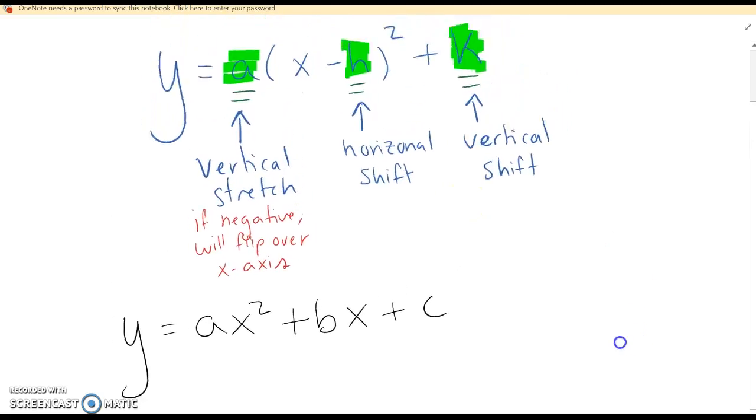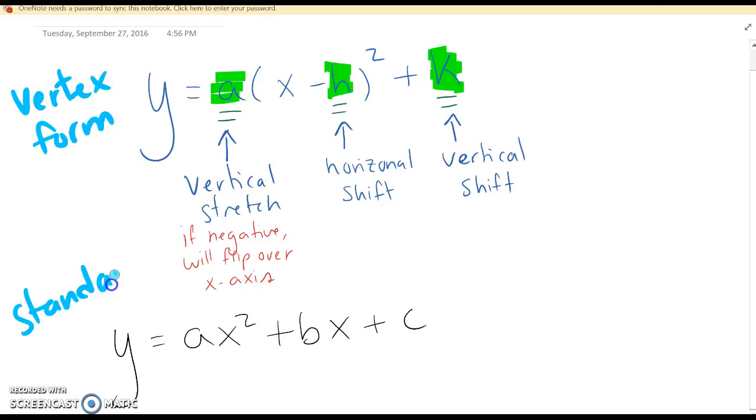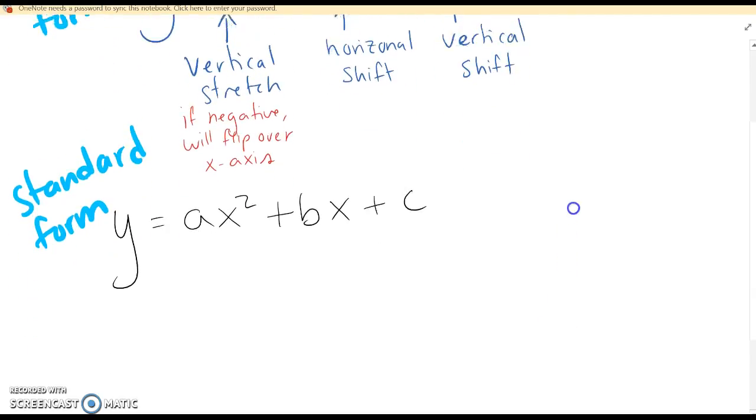Now, when we have these two equations, it'd be really helpful to know how to go back and forth between what we call vertex form, which is this first one up here, and this one, which is standard form. So that's what we're going to be looking at right now. How can we go back and forth? Let's say we have an equation